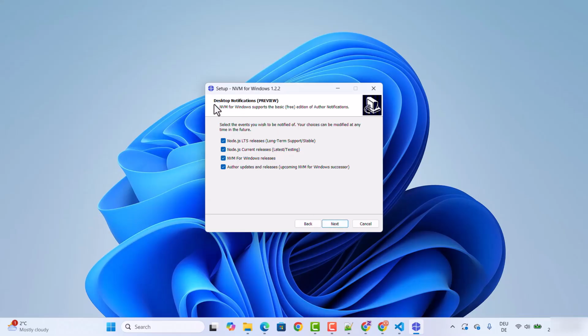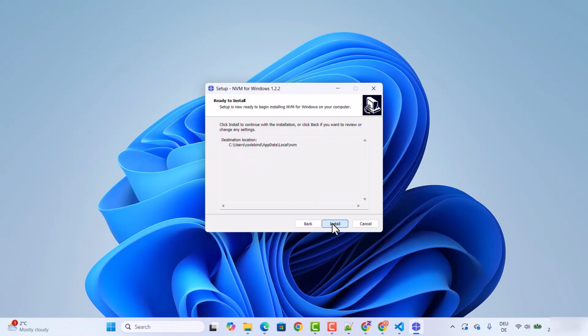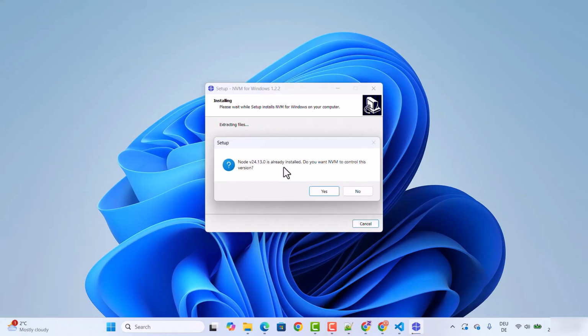And then you have the desktop notification also. So all these options are selected for us, which is for Node.js LTS release, Node.js current release, NVM for Windows release, and author updates and release, right? So I'm going to click on next here. And then it's going to ask you to provide your email address, which is completely optional. So at this point, I'm going to just click on the next button and then click on the install button, which is going to